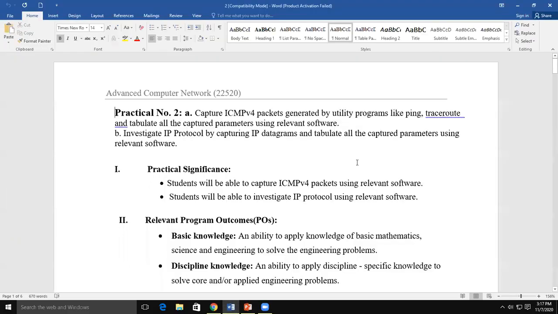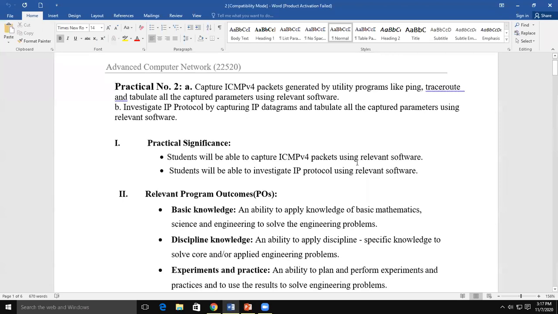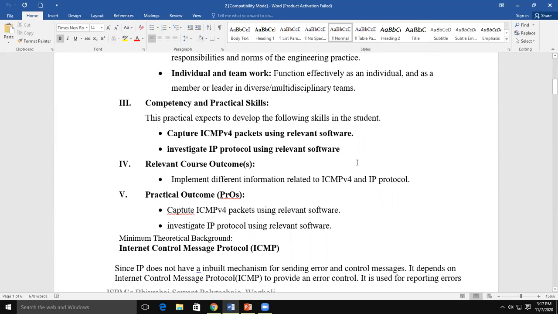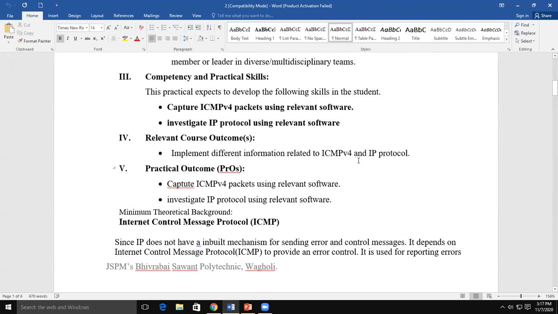So before starting the practical, here we will see the outcomes related to this practical. The skill which we get after studying this practical is how to capture ICMPv4 packets and investigate IP protocols using a software.